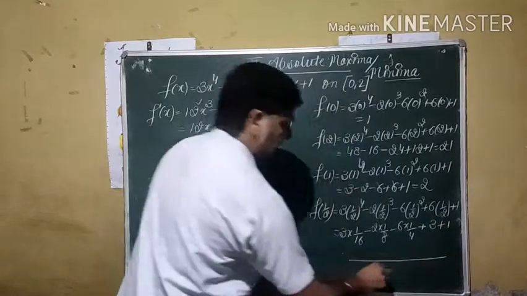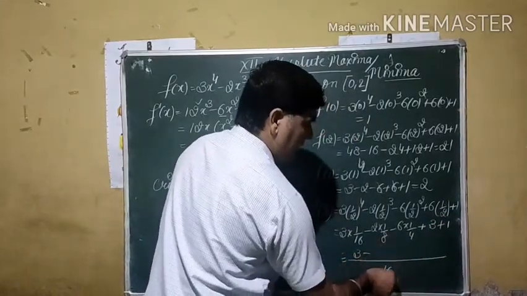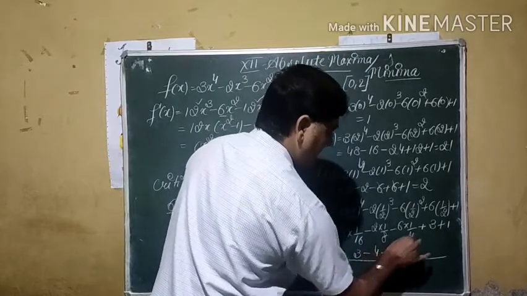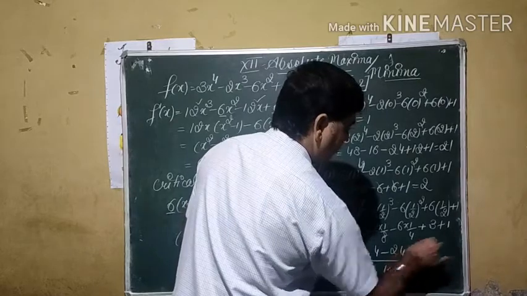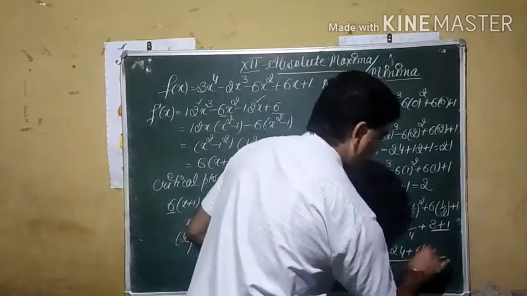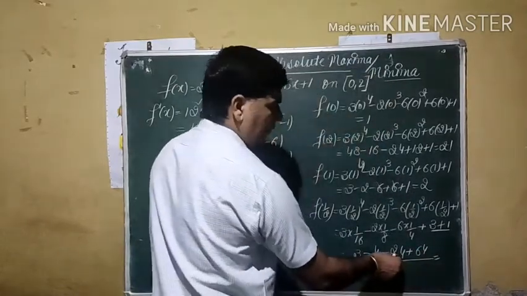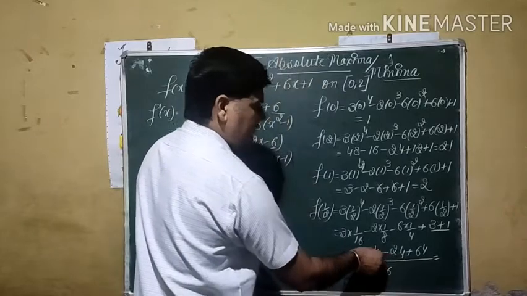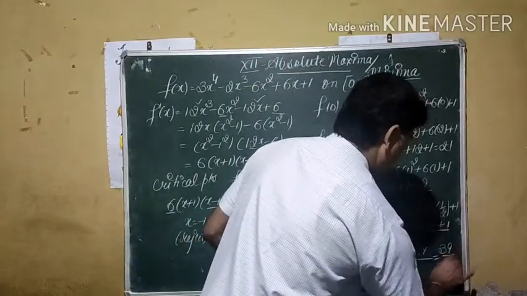So if we take LCM, we get 16 is the LCM. We get from here 3, 2 to the 4, cancel out at 4, 4 6 are 24, plus if you see here, this value combined as 4, 4 into 16, 64, and the final answer from here becomes 64 minus 24, 40, 40 minus 4, 36 minus 3, 36 and 3, 39 by 16.